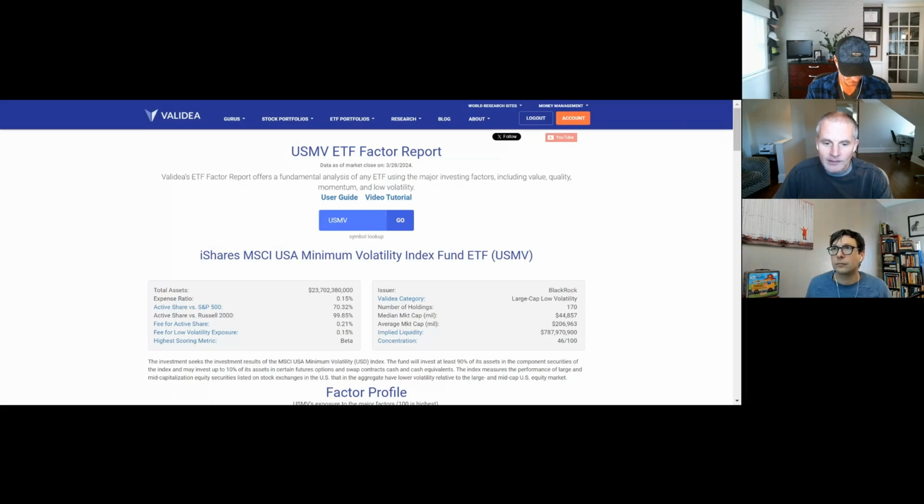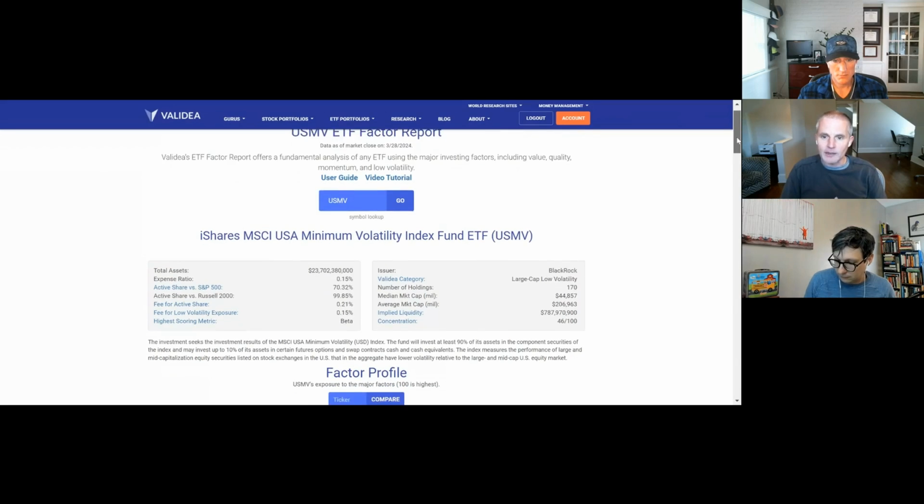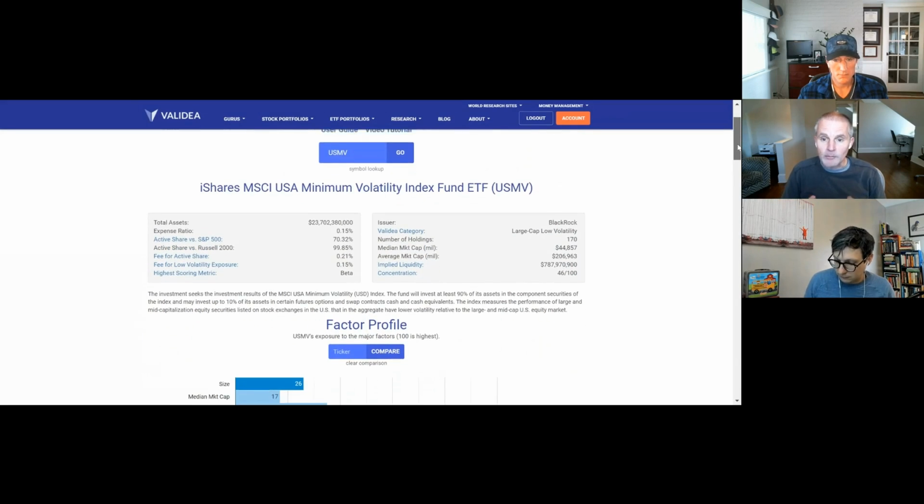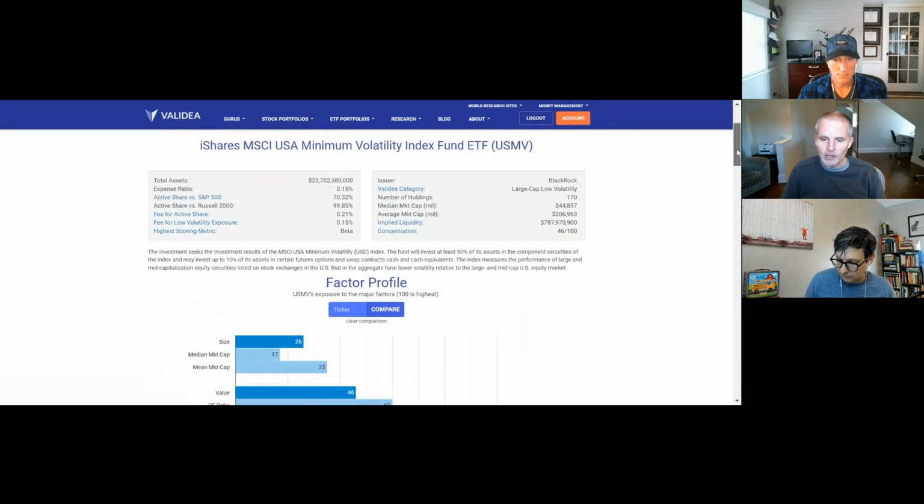So this is one of the biggest minimum volatility ETFs. And we didn't do this earlier, but we should have defined the difference between minimum volatility and low volatility. Low volatility is really more about the individual assets. When I'm running a low volatility strategy, I'm looking at the volatility, whether it be the beta or the standard deviation of the individual assets, the stocks, and I'm putting them together. I'm not really thinking in a portfolio context. When I'm doing minimum volatility, I'm thinking in a portfolio context. I'm trying to minimize the overall portfolio volatility.